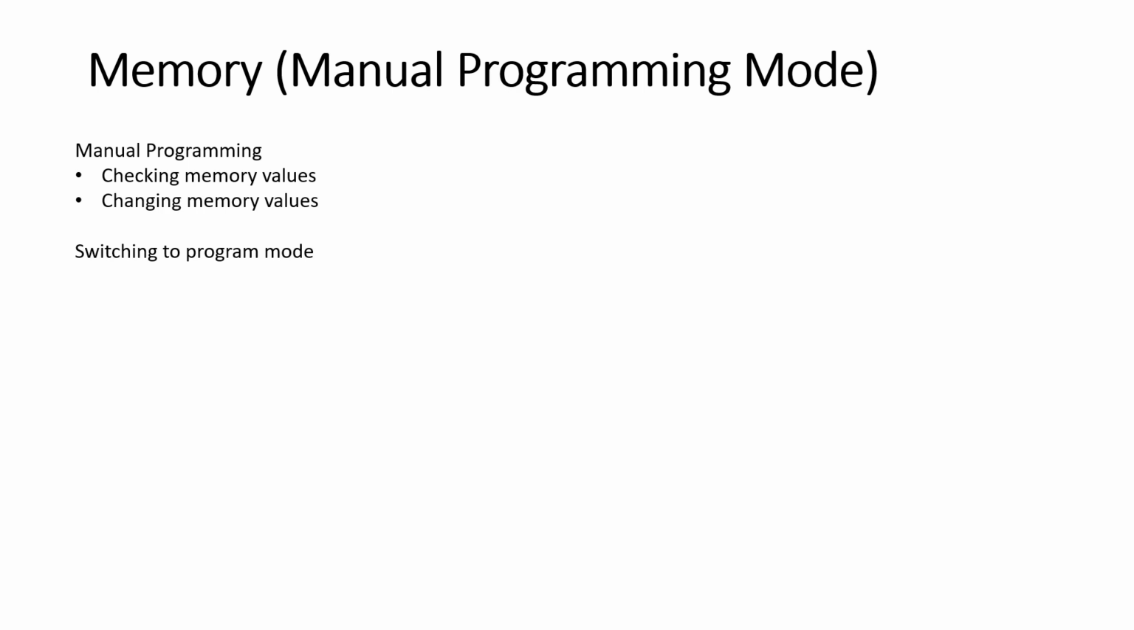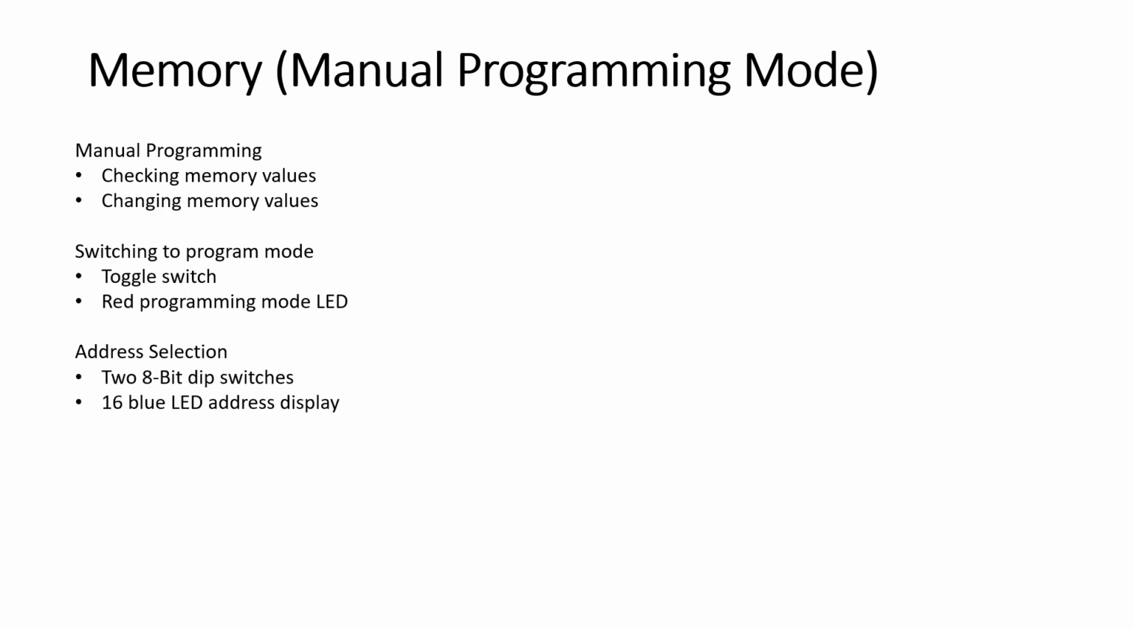So I switch to program mode by stopping the CPU clock and then use a single toggle switch, and there is a red programming mode LED that lights up when I'm in program mode. Then I can select the address that I want to use by using two 8-bit dip switches, so I can access the whole 64K of memory of my build, and there are 16 blue LEDs that show which address is